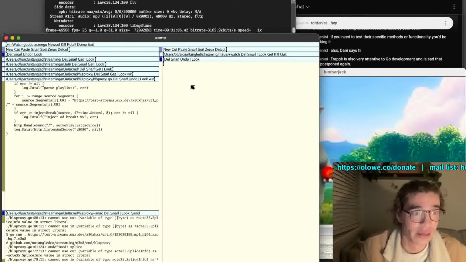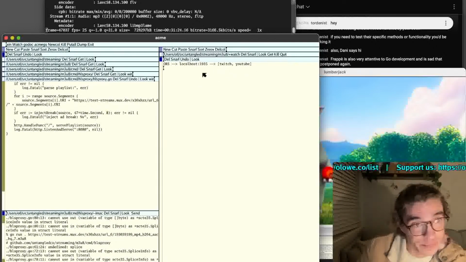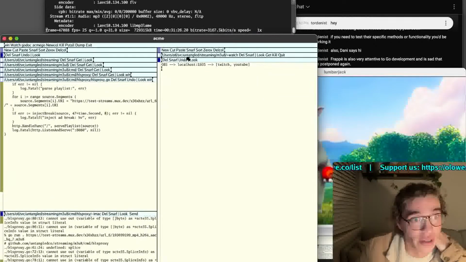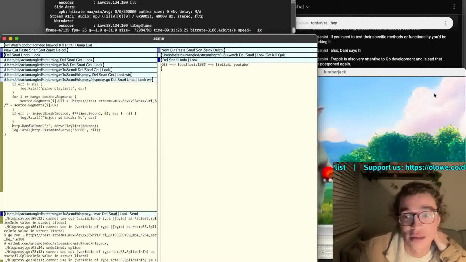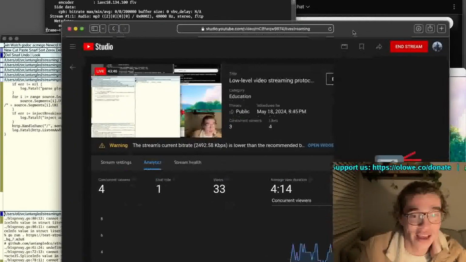So this one is going, we've got OBS on 1935, that's RTMP, and then that goes out to both Twitch and YouTube, also via RTMP. So we're just running a little ffmpeg command to do that, but one of the issues that we get is